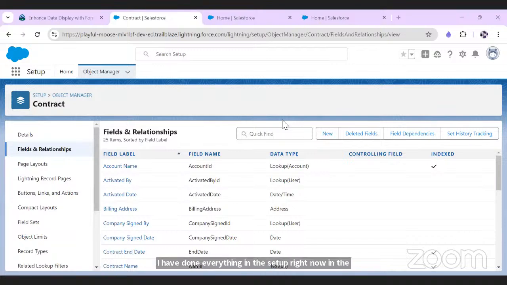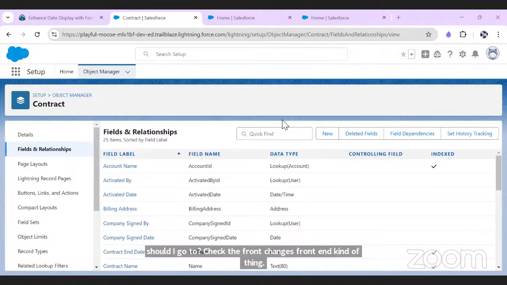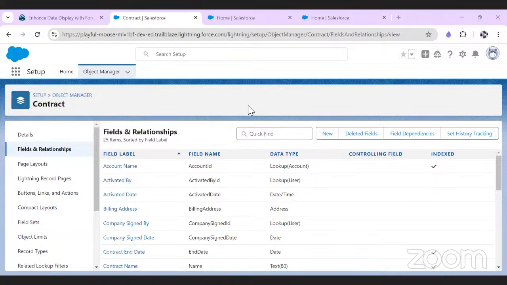Where should I go to check the front end changes? Correct. We go to the app launcher